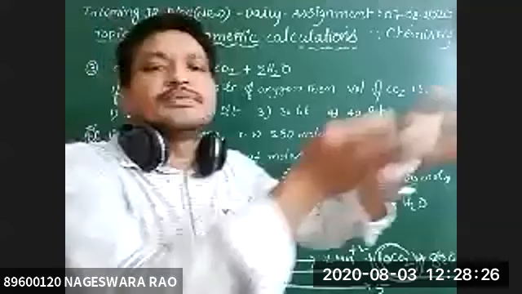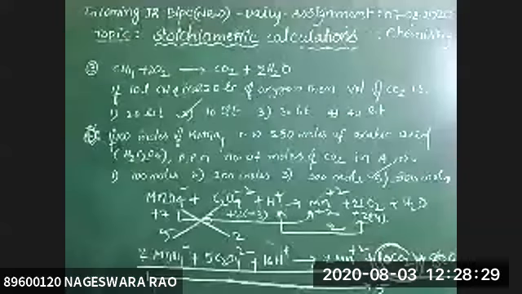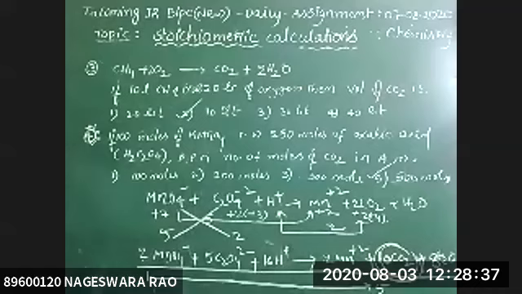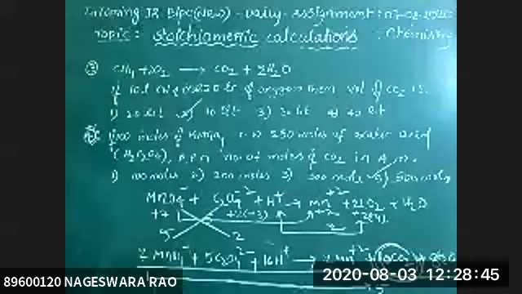So what is the question? 100 moles of KMnO4 react with 250 moles of oxalic acid. So 1 mole reacts with 2.5 and 100 moles react with 250. So exactly reacts, exactly neutralized to produce 500 moles of CO2. So this is the explanation of this question. This question is very, very important, friends. Don't miss it. So the next question is also very, very important.